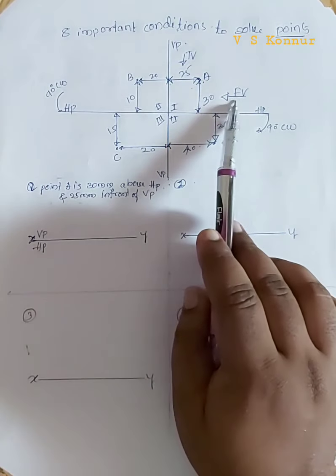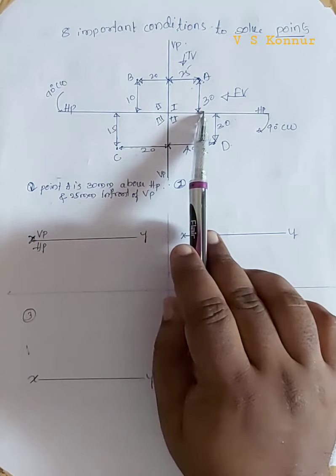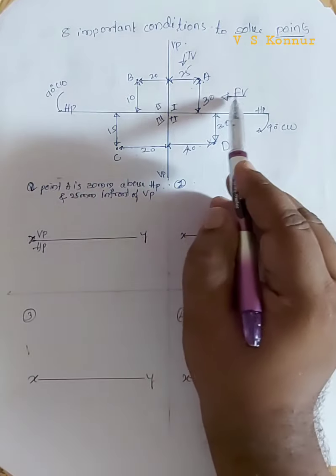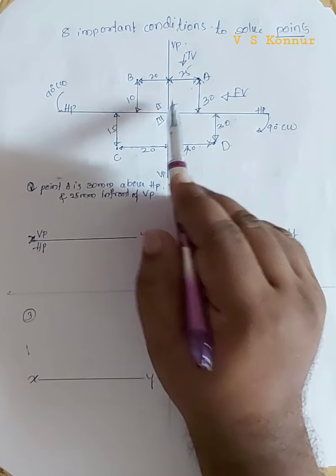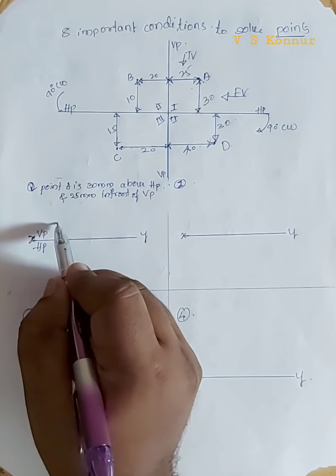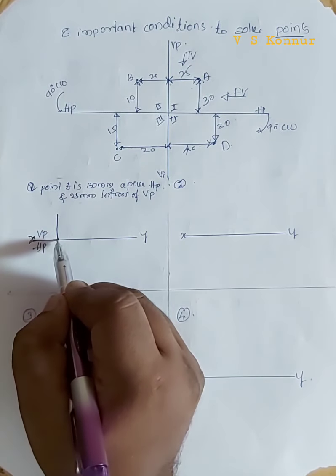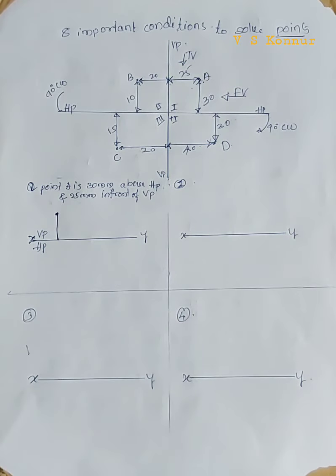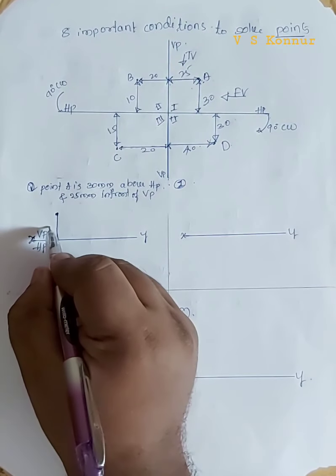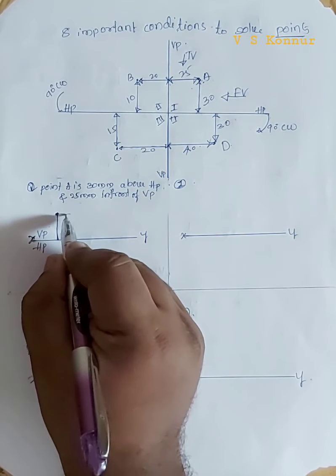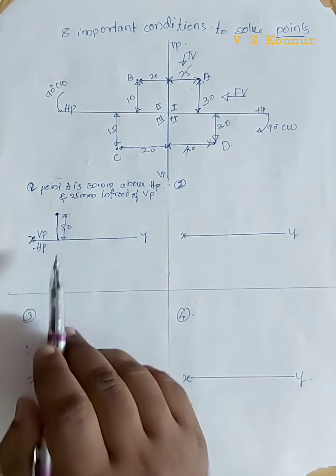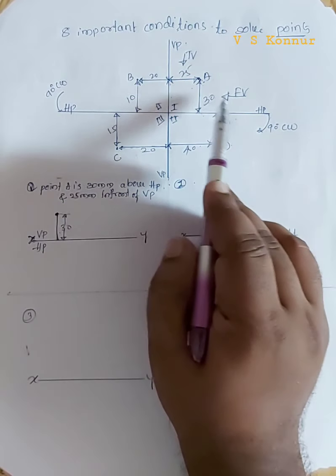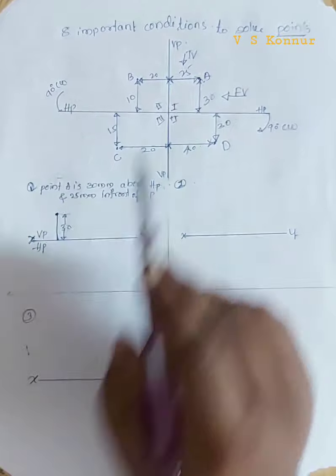Now, when you are viewing from the top, 25 mm is projecting on the horizontal plane. When you are viewing from the front, 30 mm will be projecting on the vertical plane. So first we'll take the front view, 30 mm. With the help of a scale, take a 30 mm line with a thin line, and make a dark point here. This line is also thin, only the point is dark: 30 mm above HP. That is the front view.